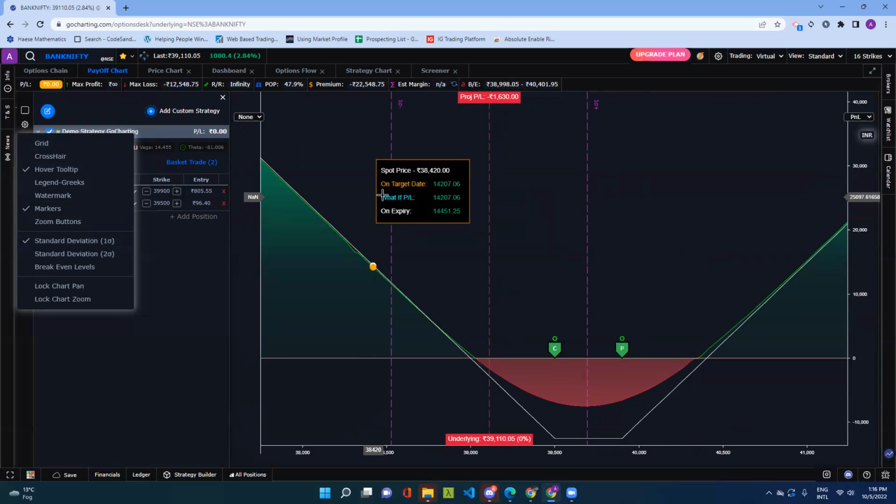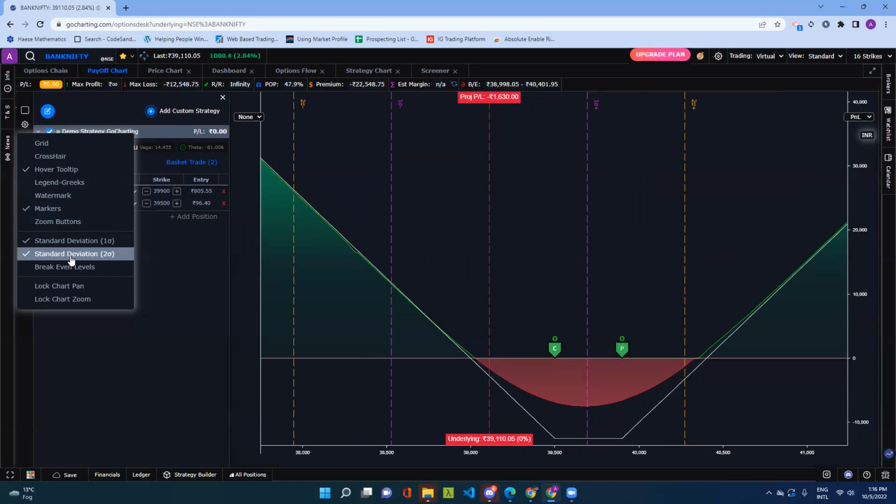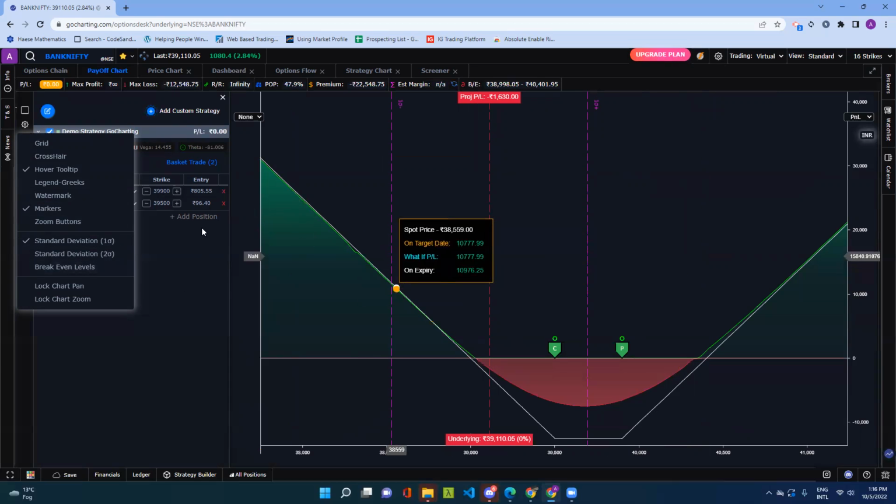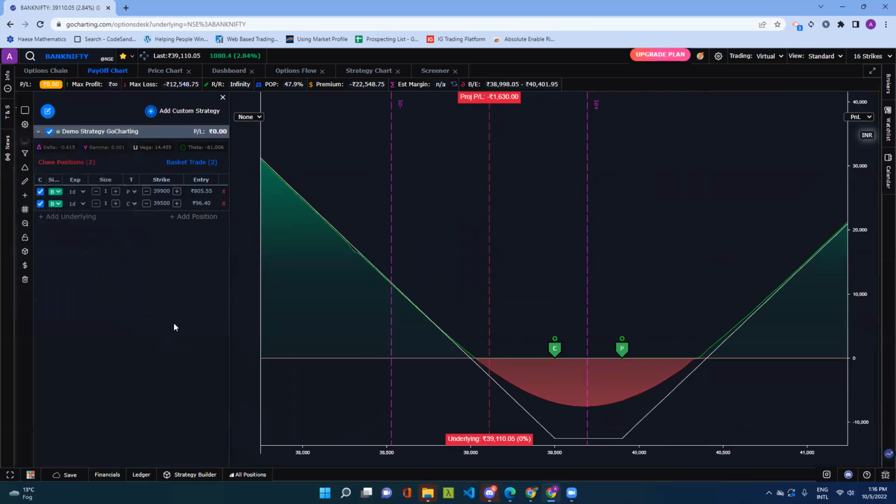So these purple lines are showing you your first standard deviation. Then the yellow ones are your second standard deviation, and the break even are in blue color. Okay. So these are some of the other settings that you can go through. Now that we understand how to place an order,